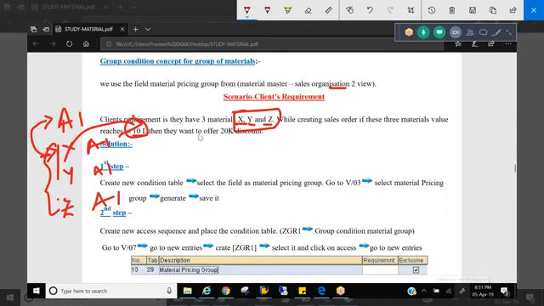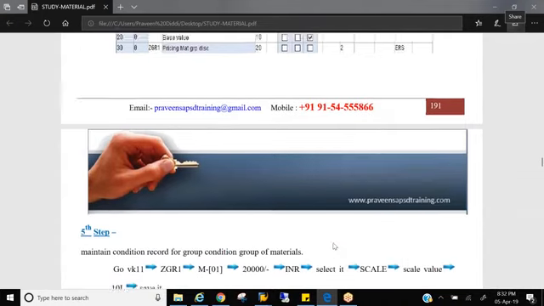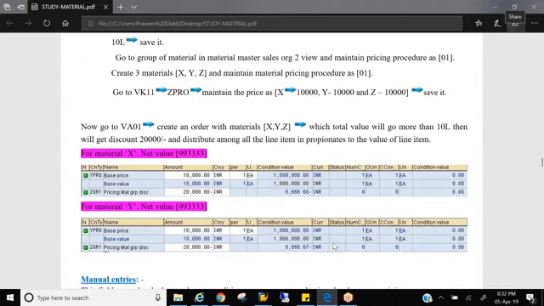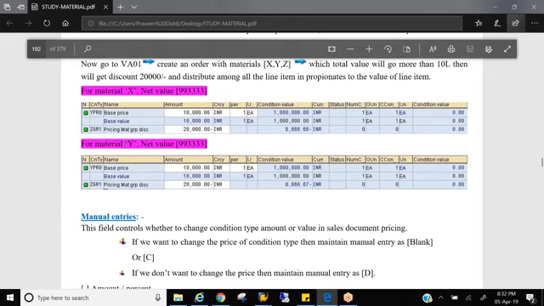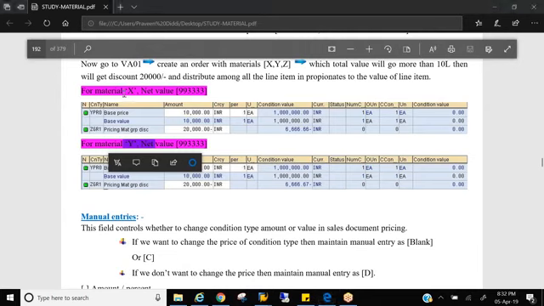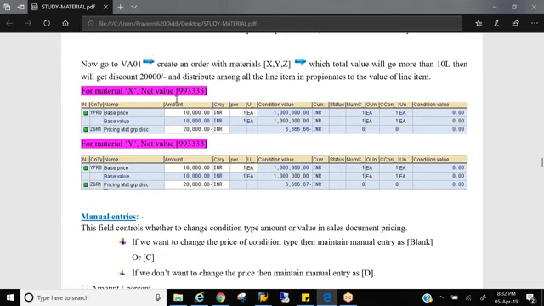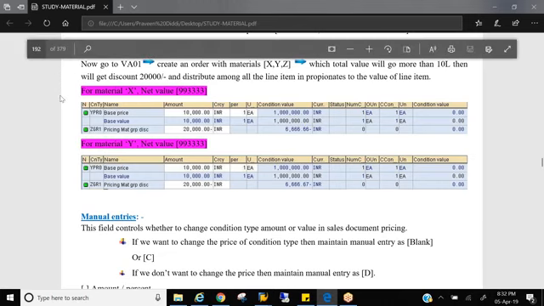you want to propose a 20k discount. And you can see that has been proposed here. The process is the same, so I'm not repeating everything. You can see for material X, ZGRP has been determined. Material Y, ZGRP has been determined. So just change that particular control, put all materials into a group and create an order. If that material comes into the sales document, the system will propose a discount called ZGRP, whatever name you take. So that is group condition.